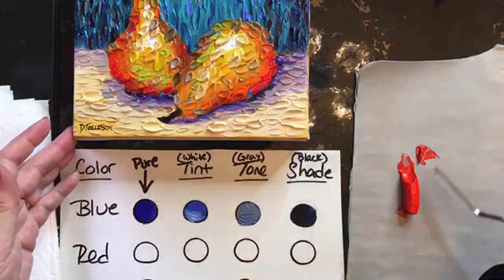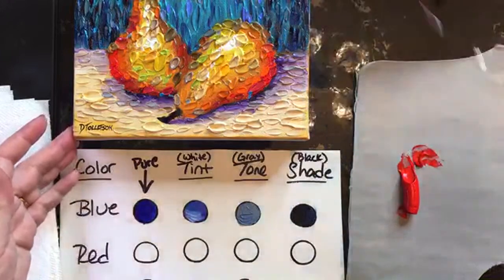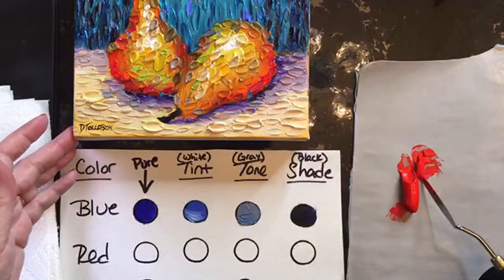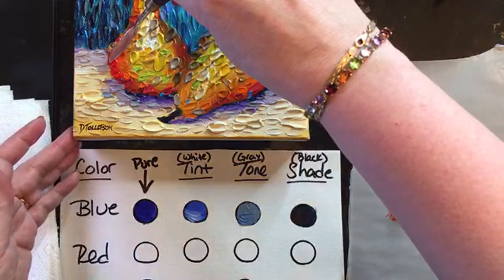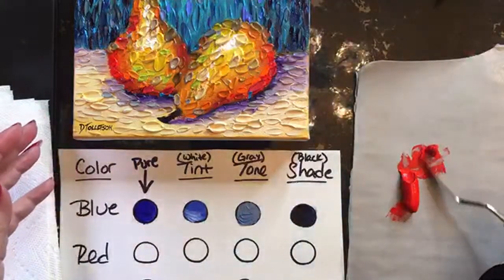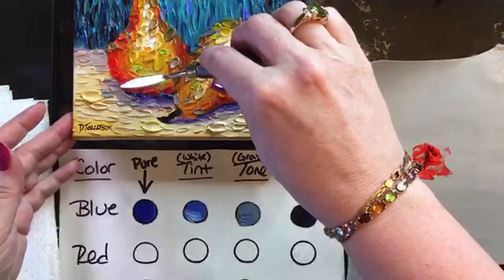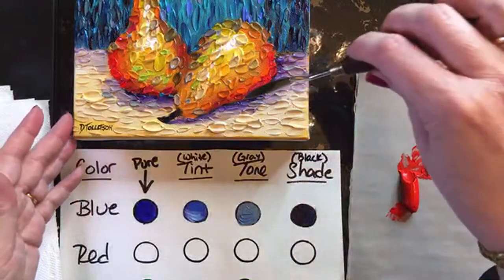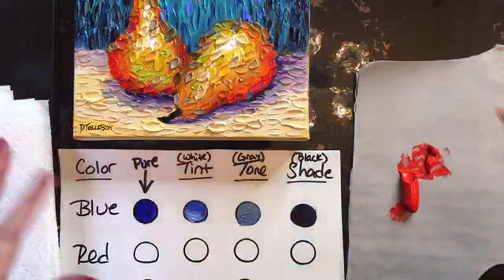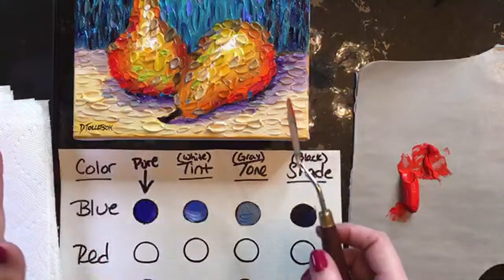We'll get a little bit of, I like that, the feeling that these bright colors give. They're just joyful, and with my pears, I always think about them as humans, a couple that's in a loving relationship. There we go. Okay, so now that we have our red,